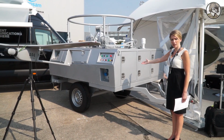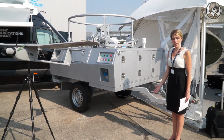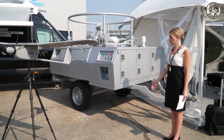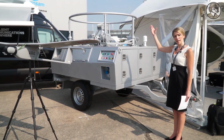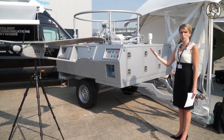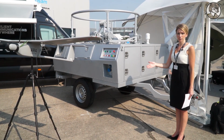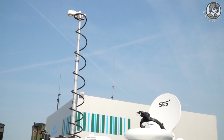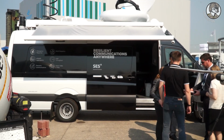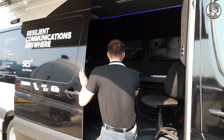Along with this, we have a very small aperture terminal. It's a flyaway terminal that is set up within about 15 minutes, carried in three small cases, and provides Ku-band so that the imagery and data coming down from the sensor is sent over the satellite network that we have anywhere in the world in real time. In addition, behind both of these you see our rapid response vehicle. What's interesting about this platform is that it is capable of towing our tactical persistent surveillance aerostat,